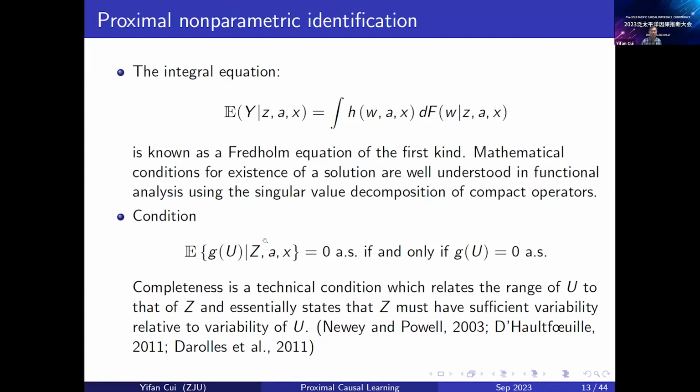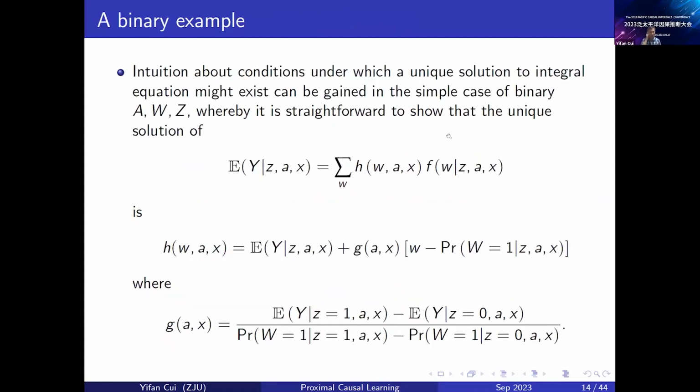So you mean it requires the number of categories of Z to be larger than the number of categories of U. And there is an analog for the continuous Z and U under a certain model, where you want the dimension of Z to be larger than the dimension of U. Okay, let's go back to assumption 2A again